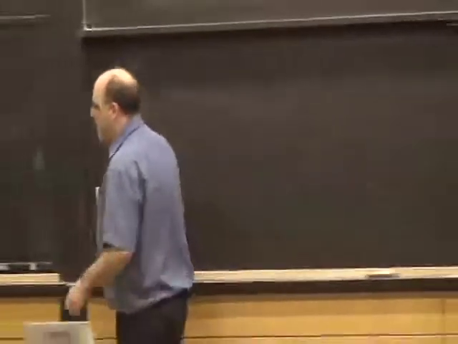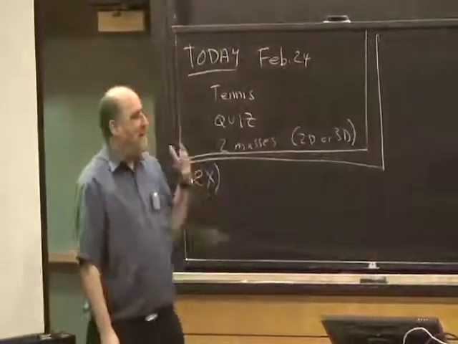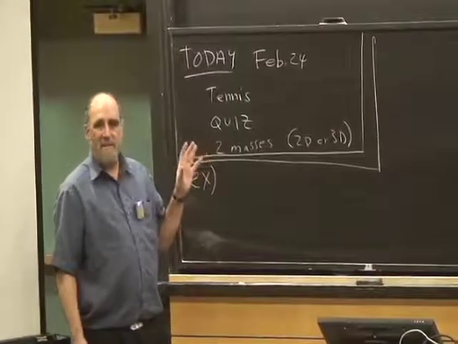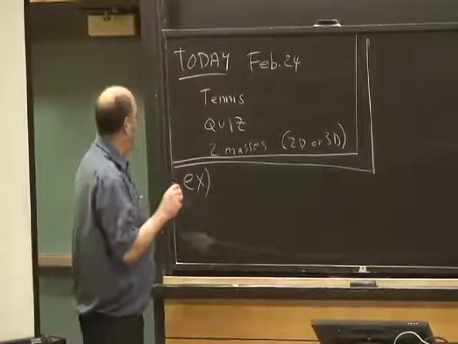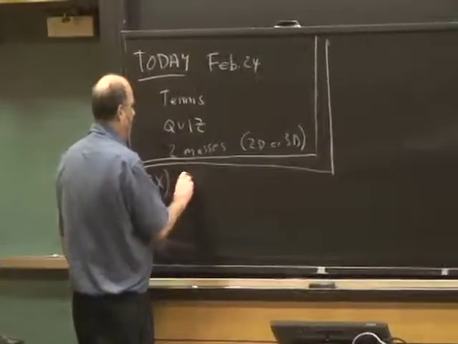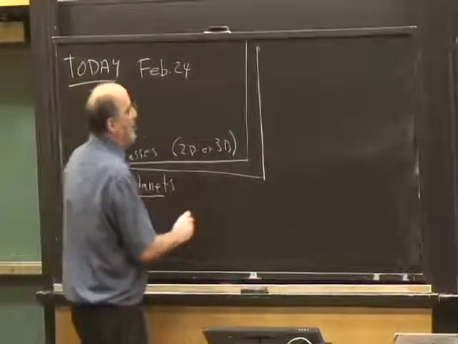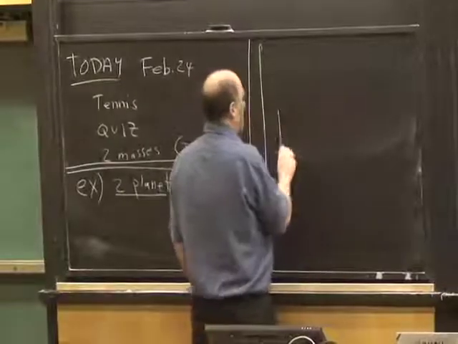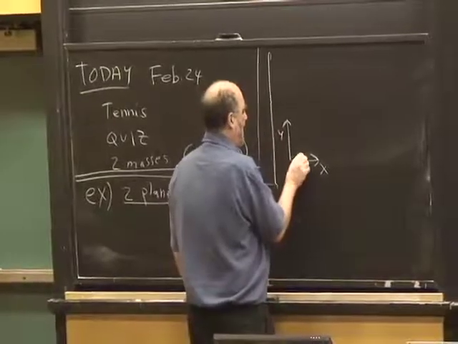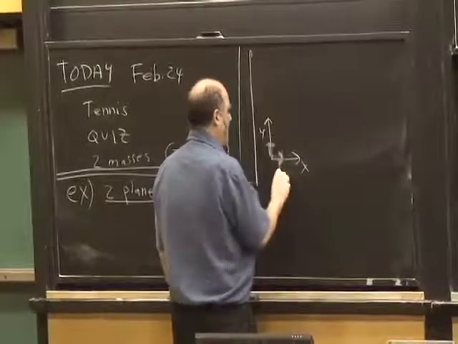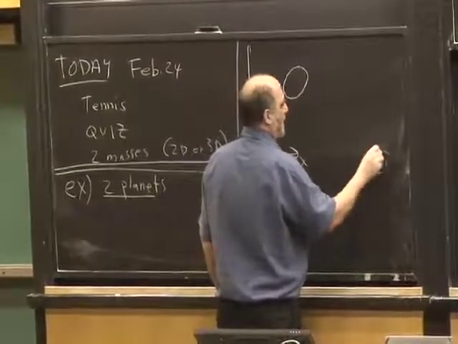So conceptually, there's nothing new. What's hard, I would say, at this point for you is just that it's a little bit of abstraction, that you can just take this powerful idea of F equals ma as a differential equation and apply it to one particle, two particles, three particles, all the same way. So what we're going to do is, let's say, have two planets. So we think of it as a little bit more of a symmetrical problem. And we have some coordinate system over here, x, y, and we can associate it with an i and a j. And we're going to have two planets up here, M1 and M2.